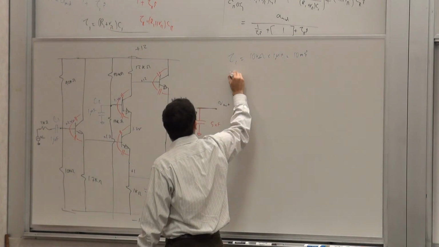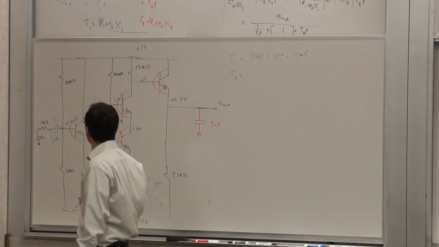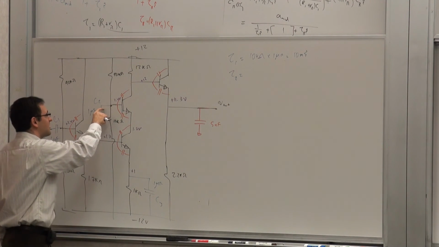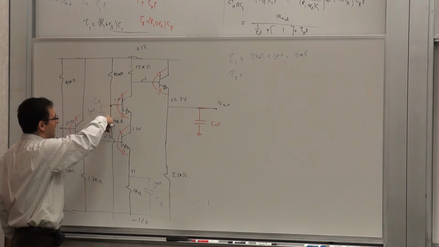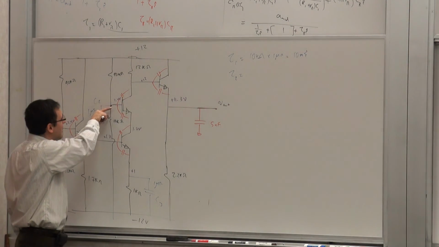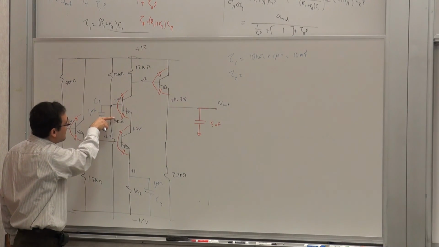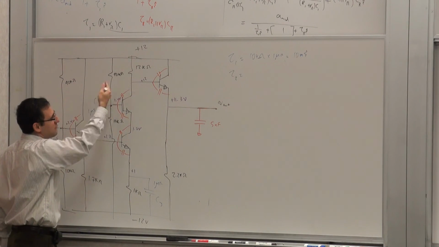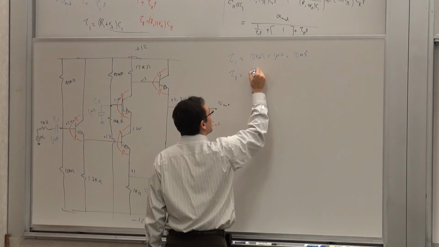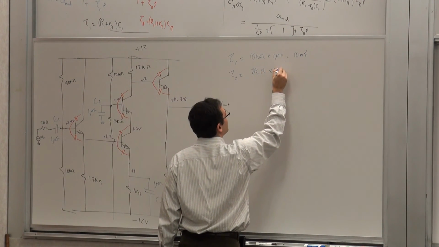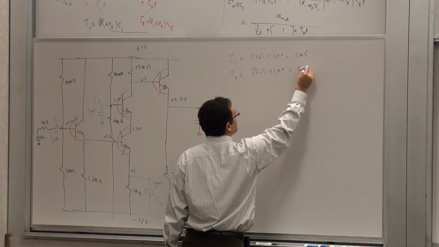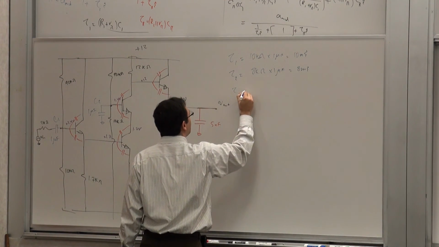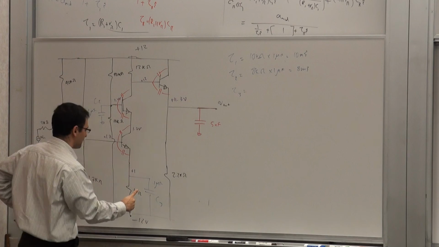What is tau 2? What is the resistance seen on this node? It's like 8 kilo ohms to ground here, and then whatever you see looking in here, which is very large because you see the RO of this guy multiplied by beta, so it's pretty much the 8 kilo ohms. So it's 8 kilo ohms times 1 microfarad, that's 8 milliseconds. And tau 3 is